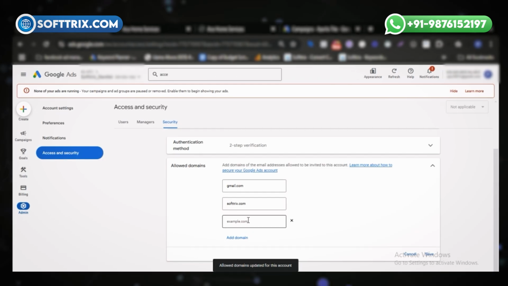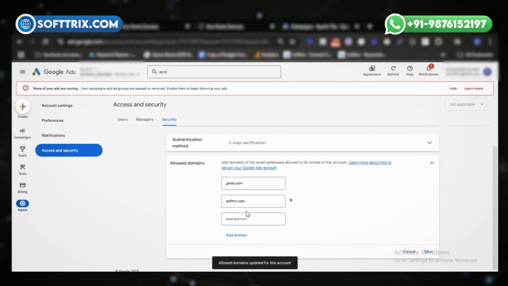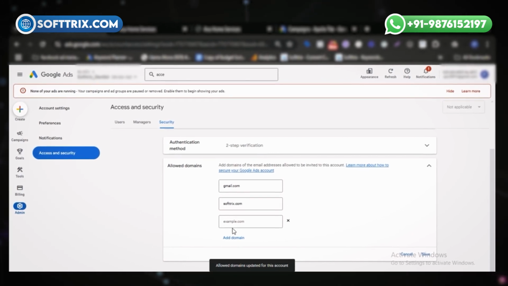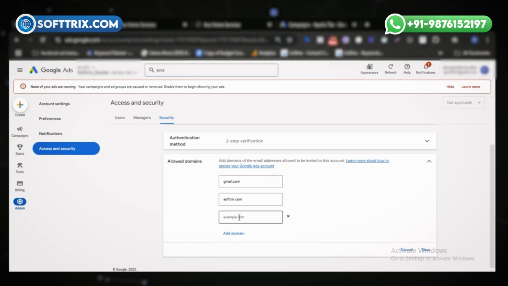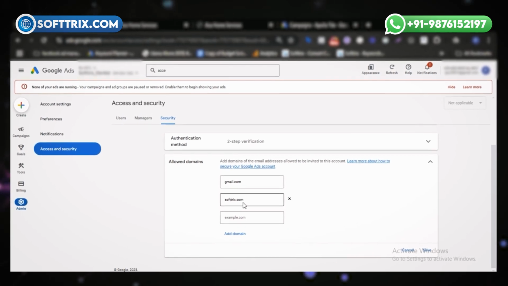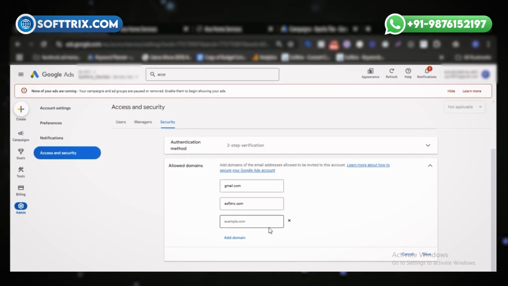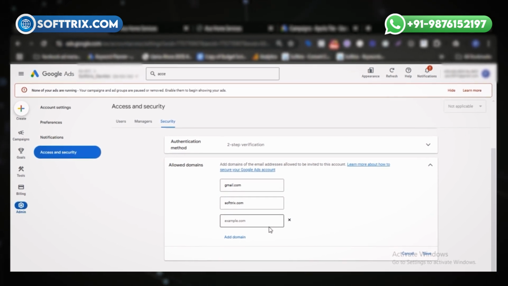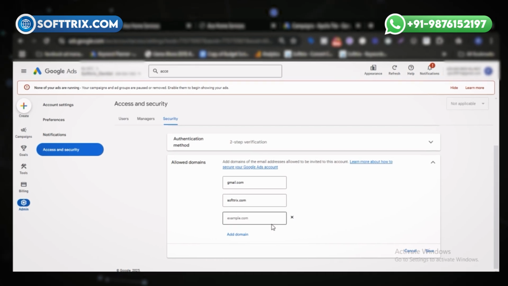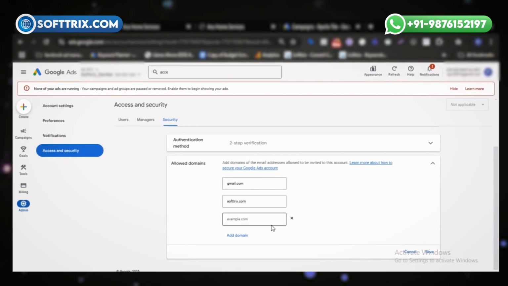Similarly, if the user's domain is different, then you can add multiple domains. First add it in allowed domains, and then you can add any users there. So that is how you can fix that error. You can add users with their domain email address.